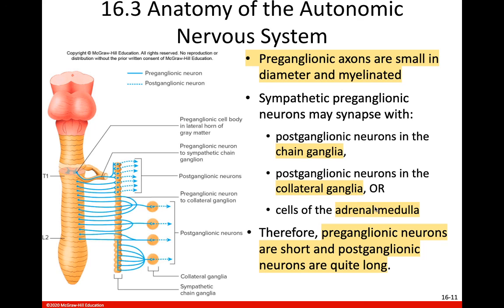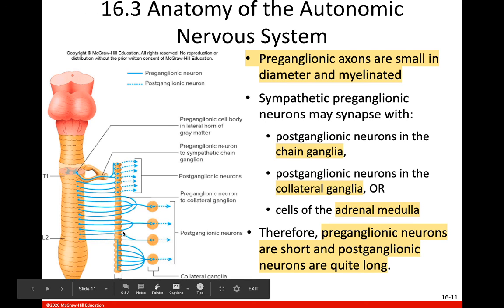It's part of the adrenal gland that's on top of your kidneys, and those sympathetic preganglionic neurons will stimulate those adrenal medulla cells to release hormones that can then travel through your bloodstream and have effects on different parts of your body as well. We'll look at that a little bit more later. So again, we have preganglionic neurons synapsing in sympathetic chain ganglia or collateral ganglia, which are both very close